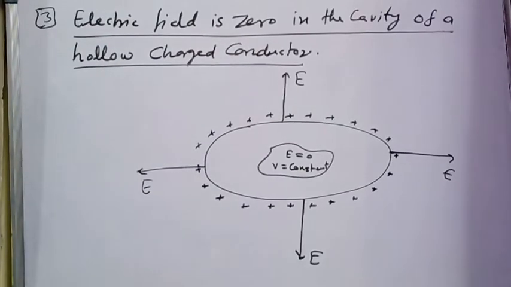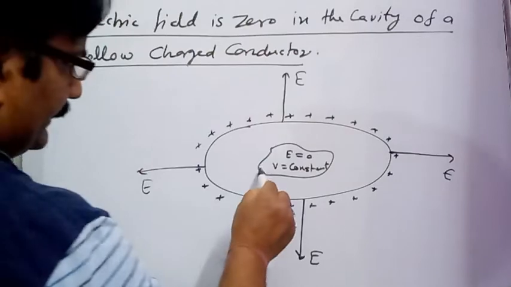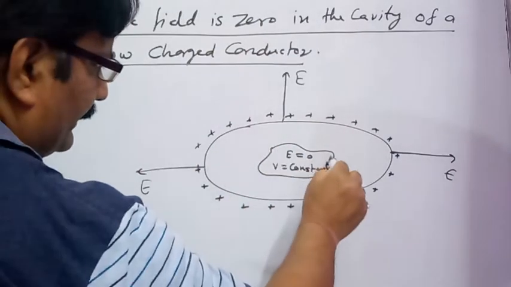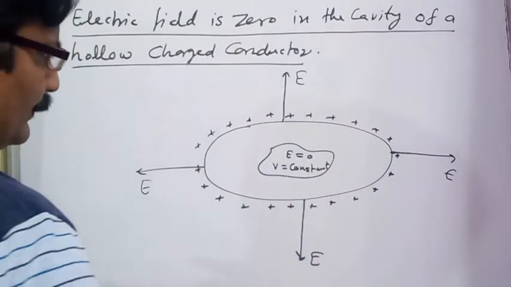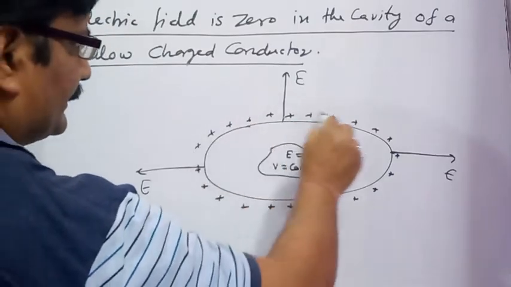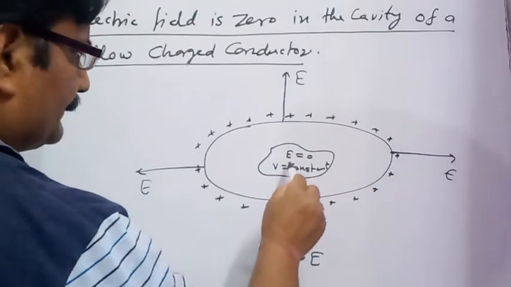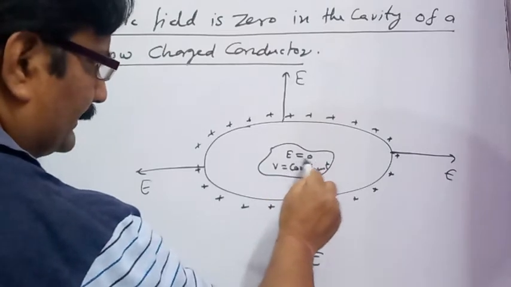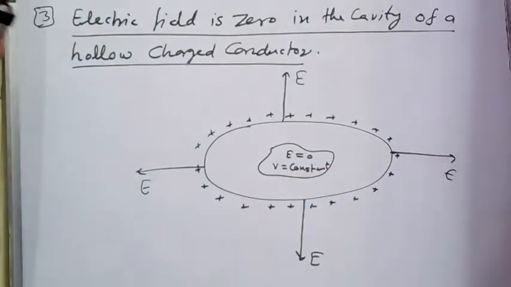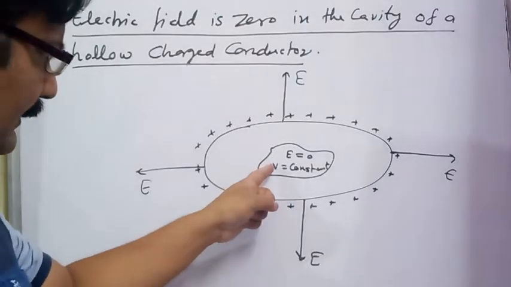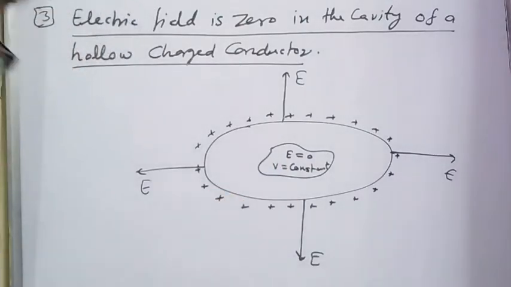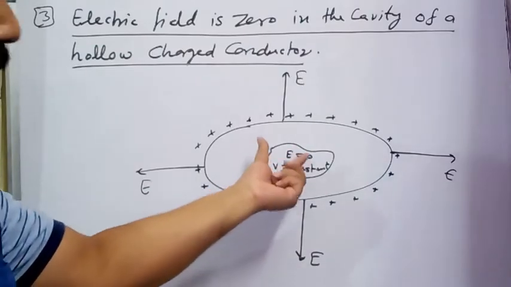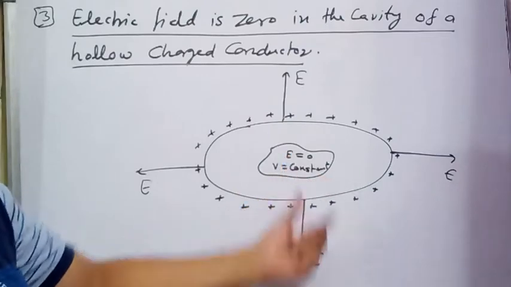Students, see, if a conductor has a cavity in its interior part, a hollow cavity, and is given some charge, as we know the charge given to the conductor is spread over its surface, but the amount of charge inside the cavity is going to be 0, so the electric field in this region is 0. But what about potential? The potential in the cavity is going to be constant, and the potential difference between any 2 points inside the cavity remains 0, but potential remains constant.